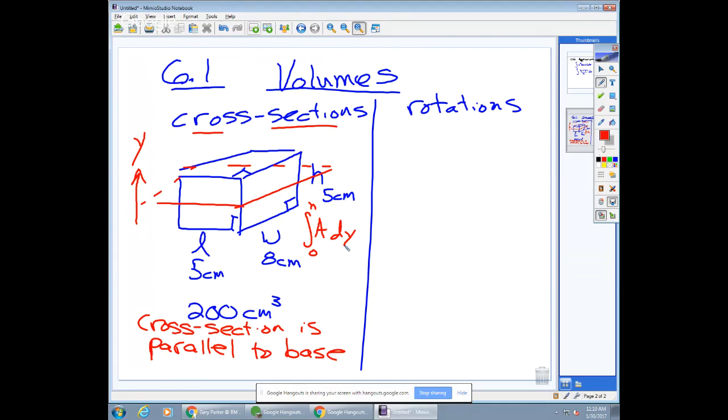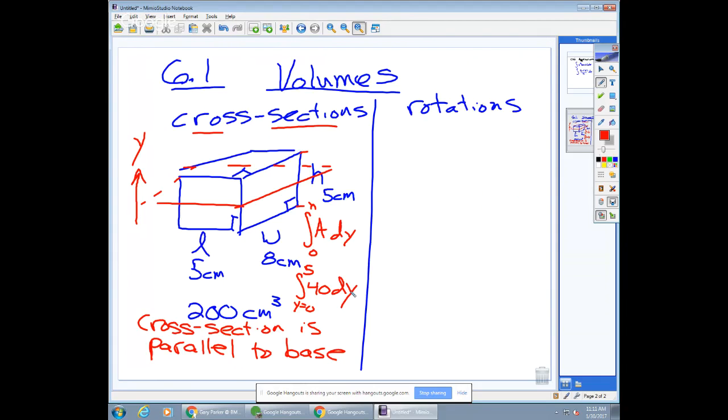So in this case, what would that look like? Well, my base is 5 times 8 centimeters squared, which is 40 centimeters squared. And so if we were going to integrate as y goes from 0 up to 5 for the height, 40 dy, what's going to happen there? We'll get 40y as the antiderivative, right? Evaluating that at 5, we get 40 times 5. Evaluating it at 0, we subtract 40 times 0. So ultimately, we get 40 times 5, which is